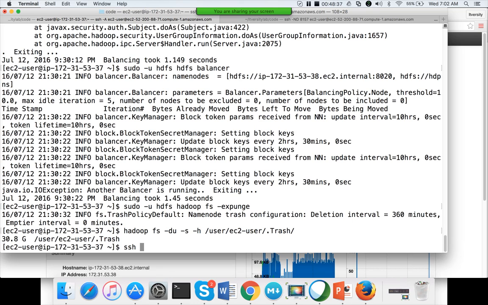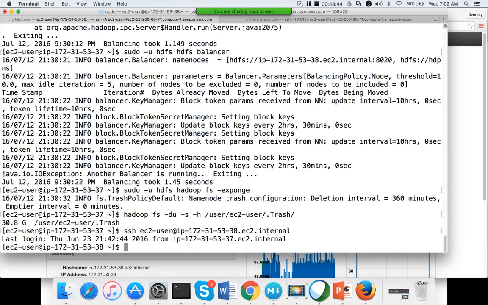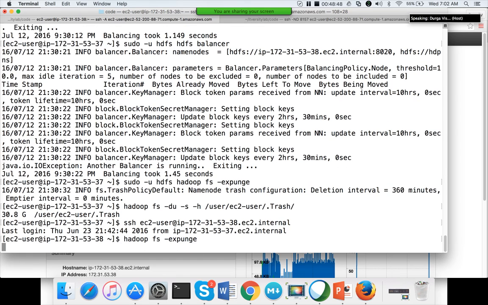SSH ec2-user at the node. hadoop fs expunge.